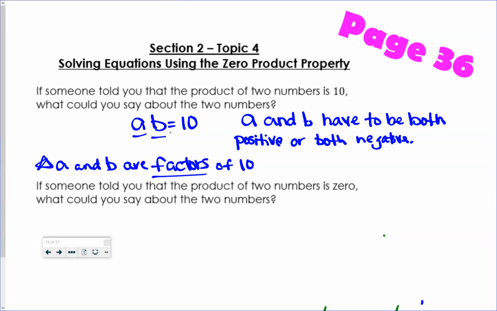All right. If someone told you that the product of two numbers is 0, what can you say about those two numbers? Okay, so now if I have A times B and that gives me 0, what can you say about them? Think about it. Doesn't one of them have to be equal to 0? Or both of them? So at least one factor